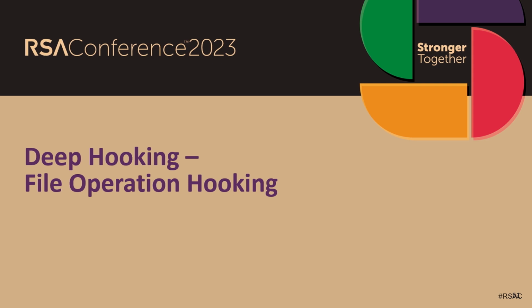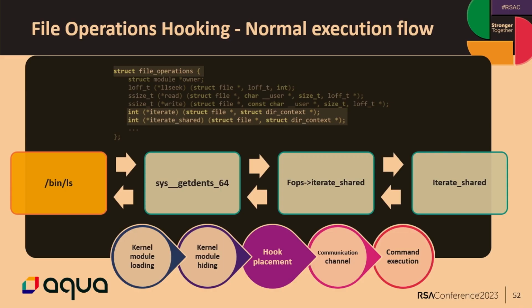File operations work on files and processes. Sequence operations are on network connections and such. So how does it look? What are file operations? File operations is a structure inside of the kernel. We specify for a file system what actions are allowed on each file and what functions need to be executed in order for those actions to be performed. So for example, you can see we have write, read, and iterate and iterate_shared. Those, iterate and iterate_shared, are used in order to list a directory.